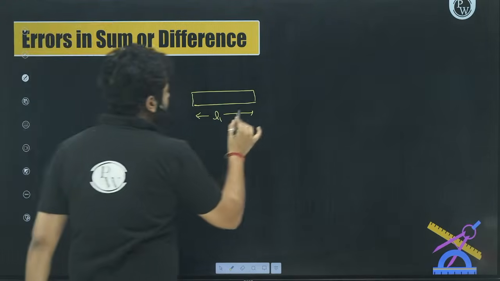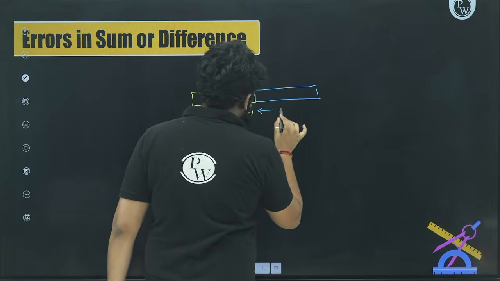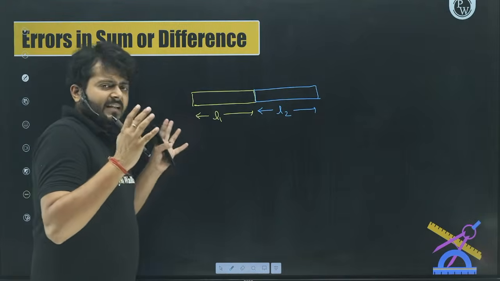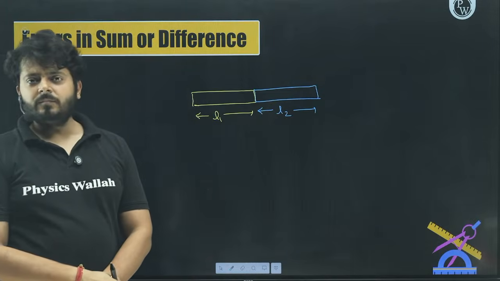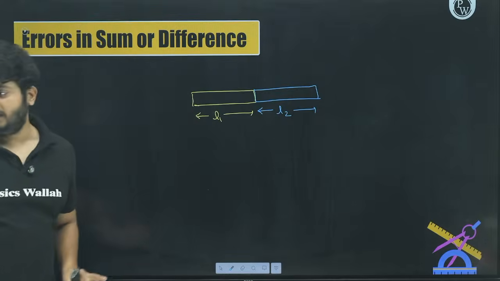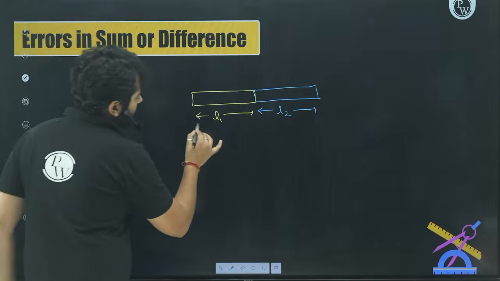I want to add another element to it. The length of this element is L2, right? Now what will happen? Let us say L1 and L2, this entire arrangement I want to measure, right? But the problem is, let's say that Pinky is measuring the first part, and let's say Nishant is measuring the second part, right? Okay, so when measuring this part,